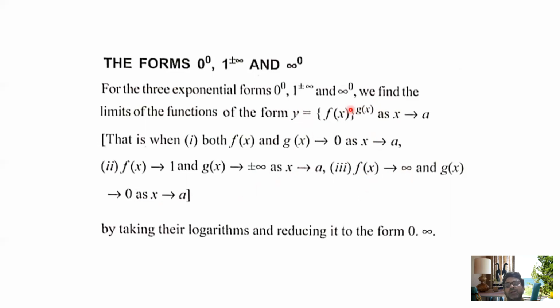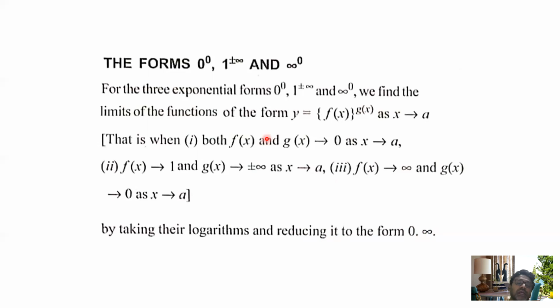So that means you have a function to the power of a function, and when you take the limit, your indeterminate form should be either 0 to the power 0, 1 to the power plus or minus infinity, or infinity to the power 0. By taking their logarithm, you reduce it to the 0 into infinity form. Already, in my last lecture, I discussed the 0 into infinity form